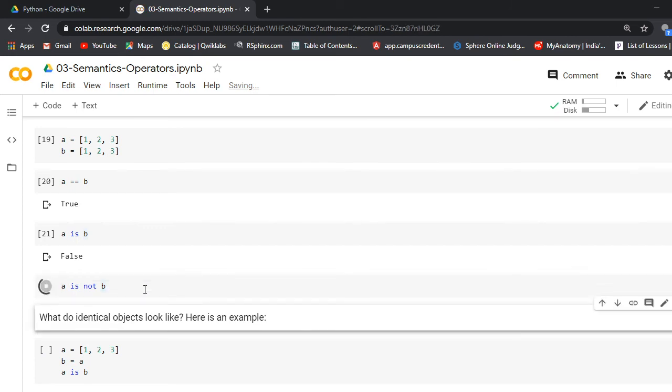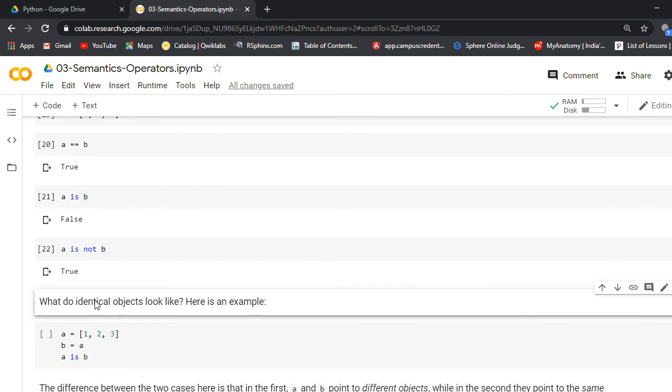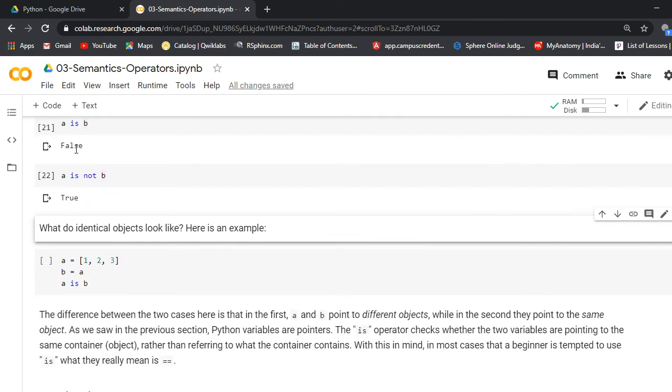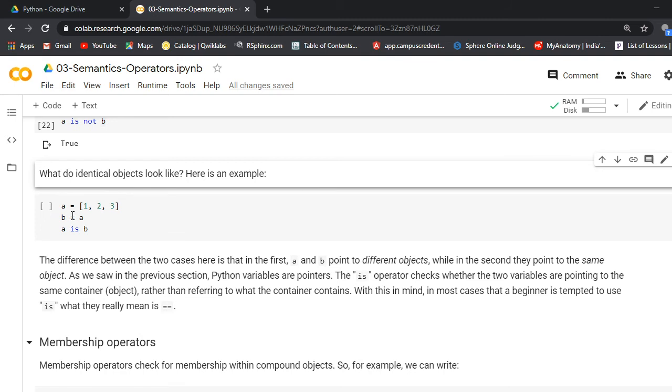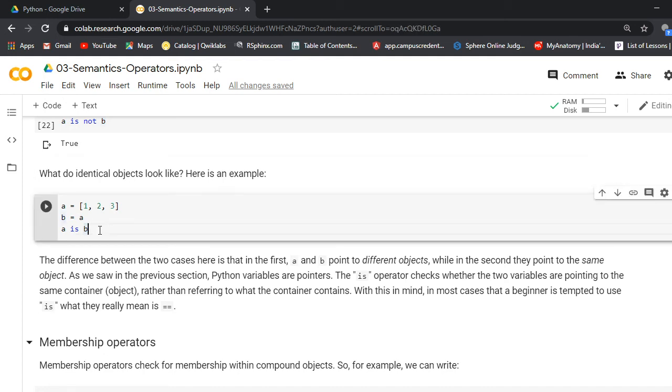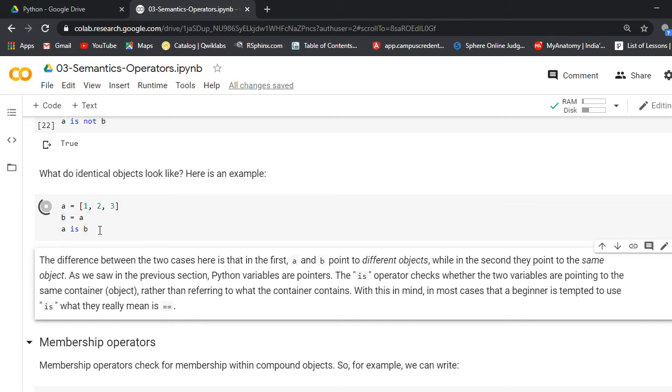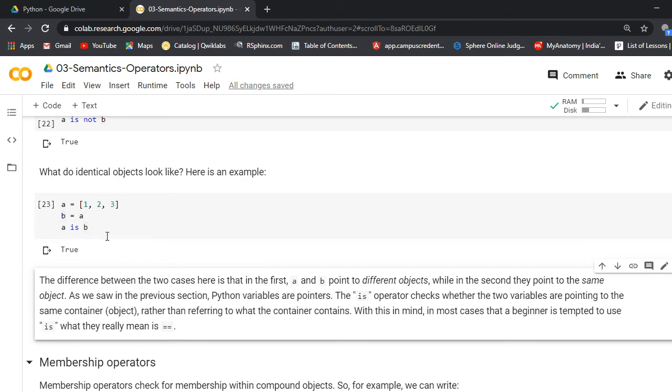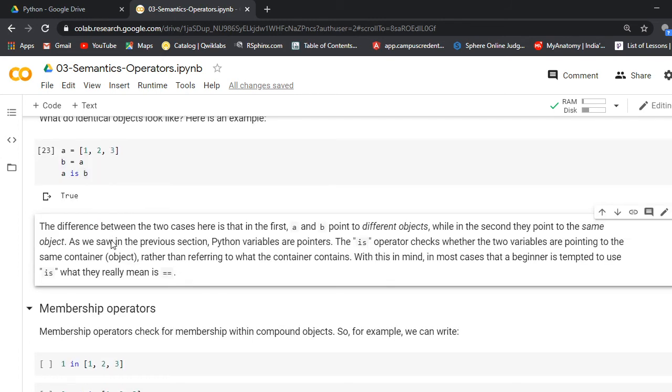So if we use not, here it is false, because not true. If we assign list a into b, then we use a is b, then it will be true because both are identical, pointing to the same object.